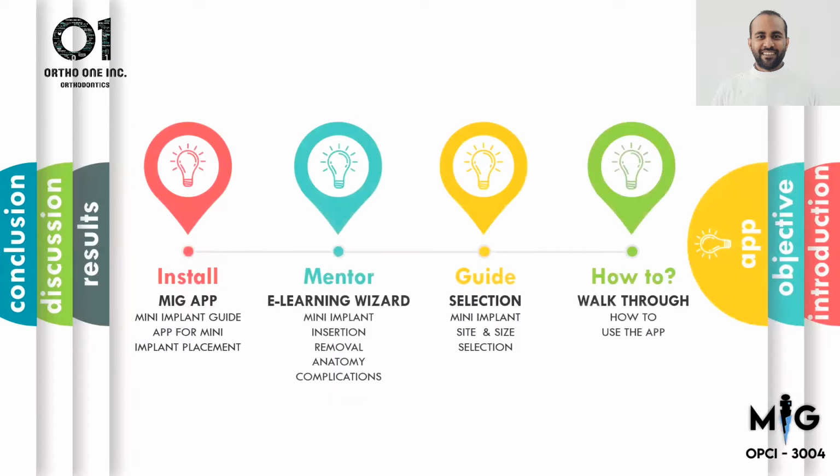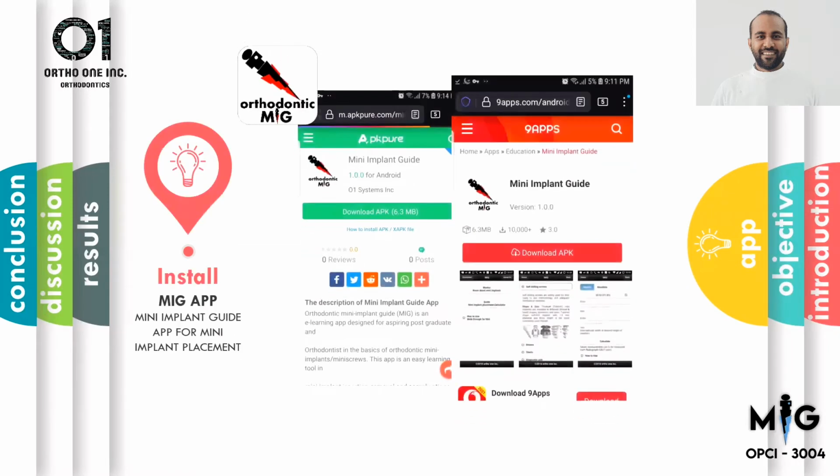Once the app is installed, it has three inbuilt features, and out of these two are more important: the mentor or the e-learning visit, and the second one is the guide, which helps to select the size of the mini screws, and finally a help section. This app is currently available in APK Pure and 9apps.com. And once it is installed,